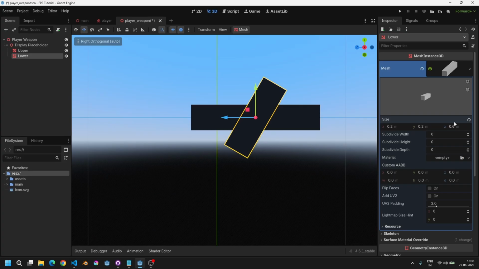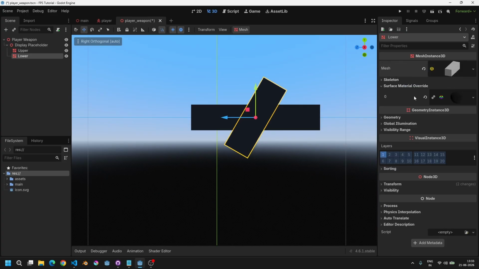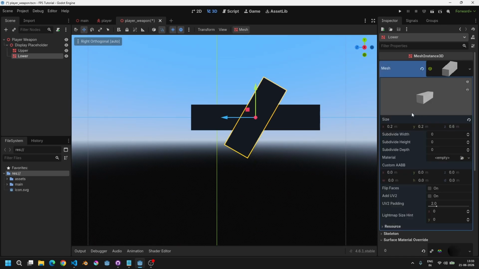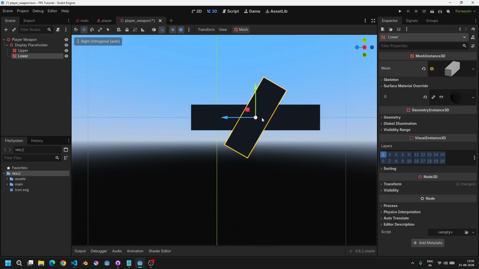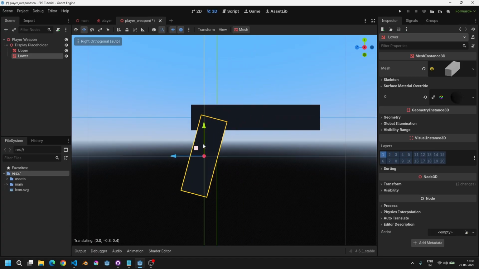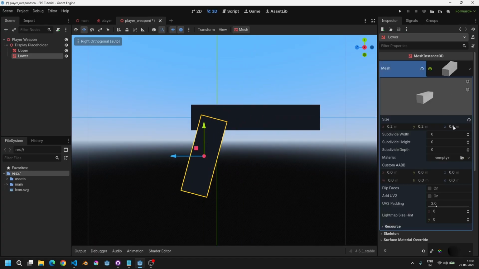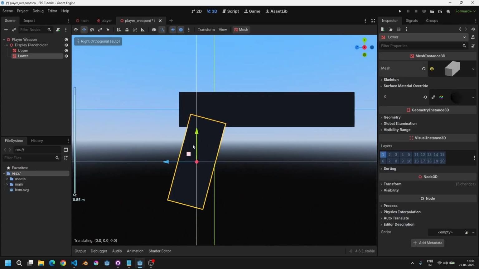I will go with something like 0.6, and I will keep the material shared between these two meshes, or maybe I should say between these two nodes, because we haven't added a material to the mesh itself. Let me just make it maybe 0.5. Okay, I think that is it,